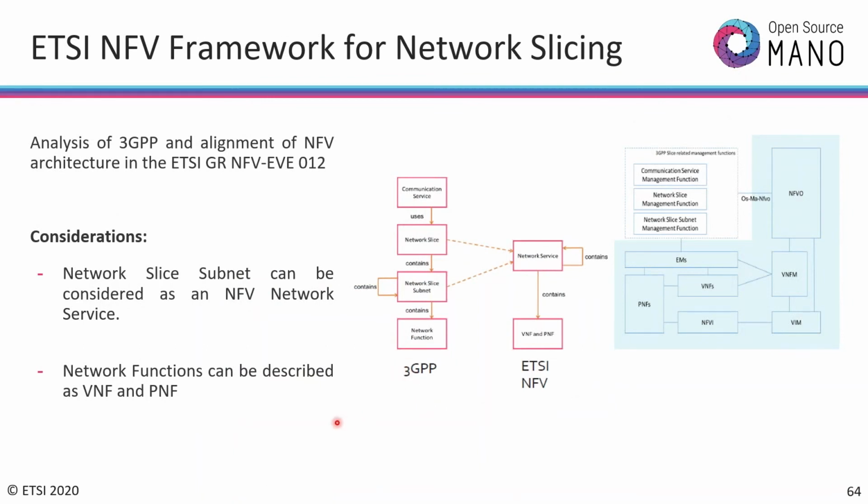So the main considerations that the HCNFV framework made, and what is implemented here in OSM, is basically two things. The first one is the possibility to do network service composition inside a slice. This means that you can allocate in a network slice several network services, and those network services will be connected through them inside a slice. And the second important thing that is implemented in Open Source MANO is the concept of sharing network slice templates. Okay,